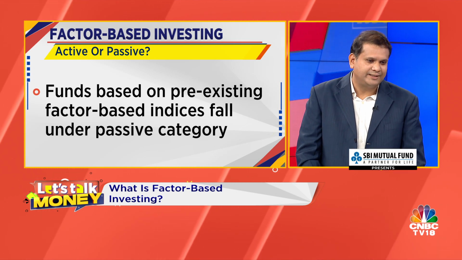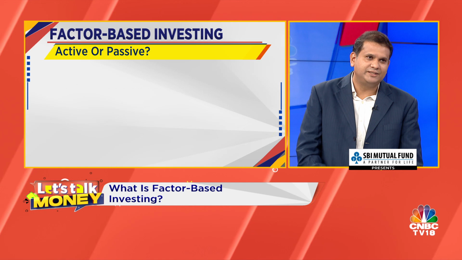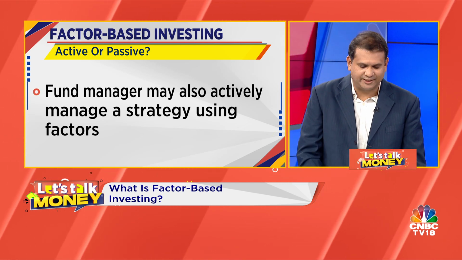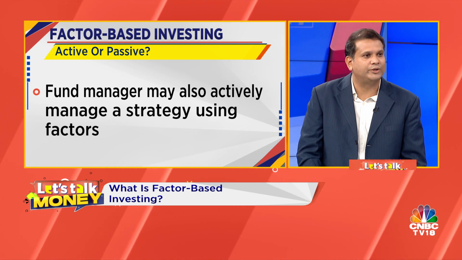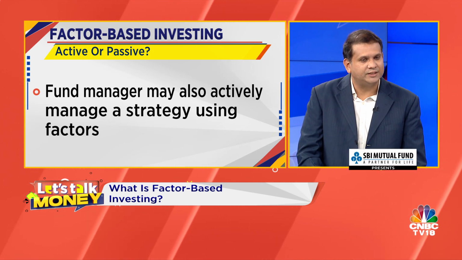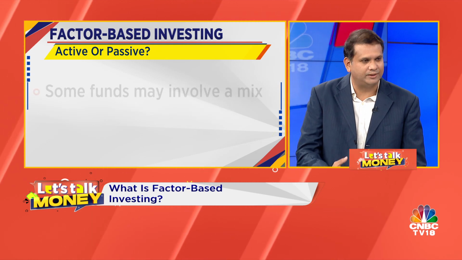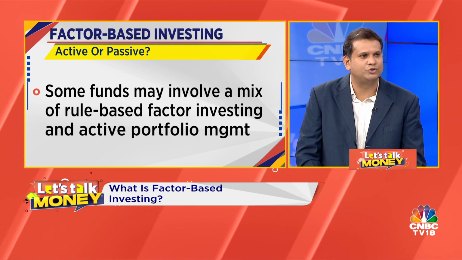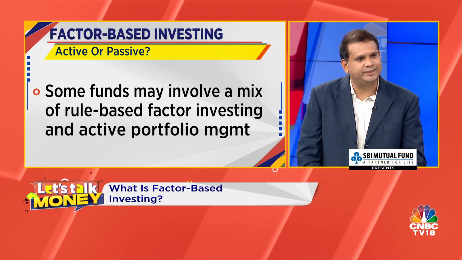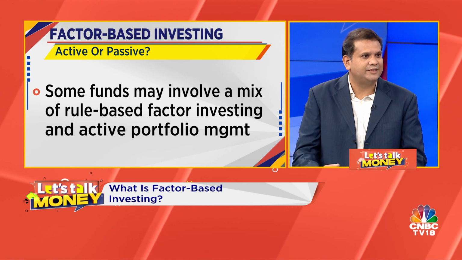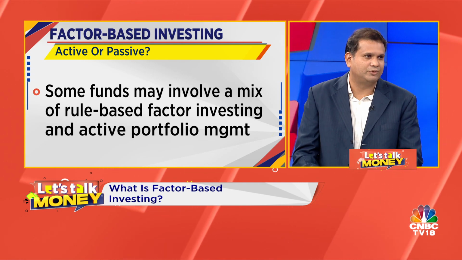On the other hand, an active fund manager can also actively think about factor tilts. Like, for example, if the market, like Harsh is saying, is in high momentum, I want to add momentum to my portfolio, he or she can choose to add momentum. Similarly, in a downtrending market, if they want to reduce drawdowns, they can say, I'm going to reduce my drawdown by looking actively at low volatility stocks. So then in that scenario, it becomes a completely active way of looking at factors.